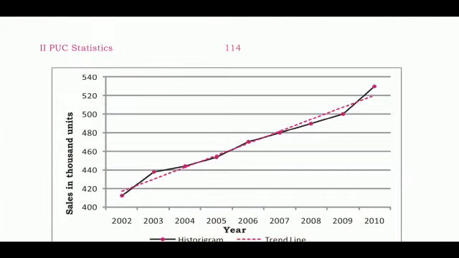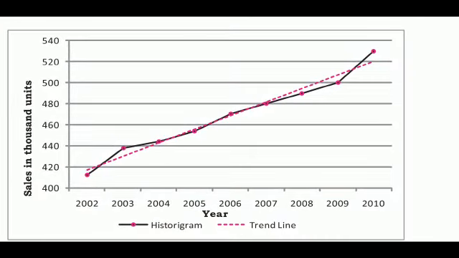Then what do you do here? You plot all these values on this particular graph. The dark black one is called the histogram. So whatever points you get from semi-averages values, that you mark with red on the graph, and then you join those 2 points by this dotted line, that is known as the trend line. So this is the method of semi-averages, where you will be dividing the data into 2 groups.